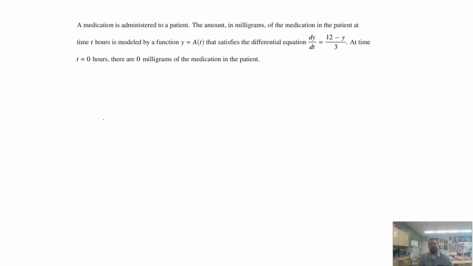So the initial problem says a medication is administered to a patient. The amount of milligrams of the medication in the patient at time t is modeled by some function that we don't know and satisfies the equation right here, so I'm basically given the derivative. Okay, at time equals 0, there are 0 milligrams of medication in the patient. So this tells us basically how fast the medication is entering into the patient,